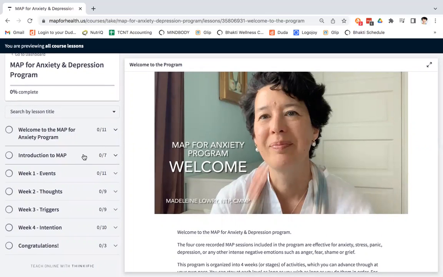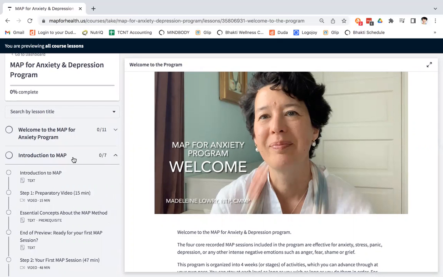The second section here is the introduction to MAP. It is essential for every person to do an introductory MAP session before they can engage with a program. That is because every person who is new to MAP has to be initiated to the MAP method, which consists of watching a 15-minute video and then doing your first MAP session, which means you follow along with the video that's provided.